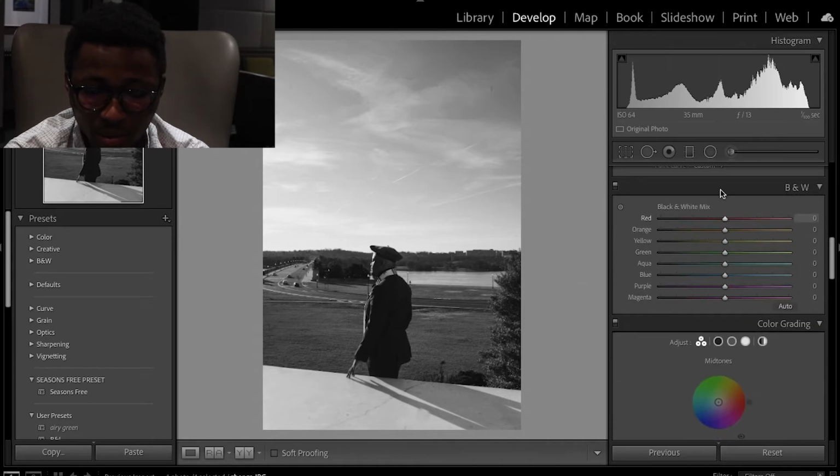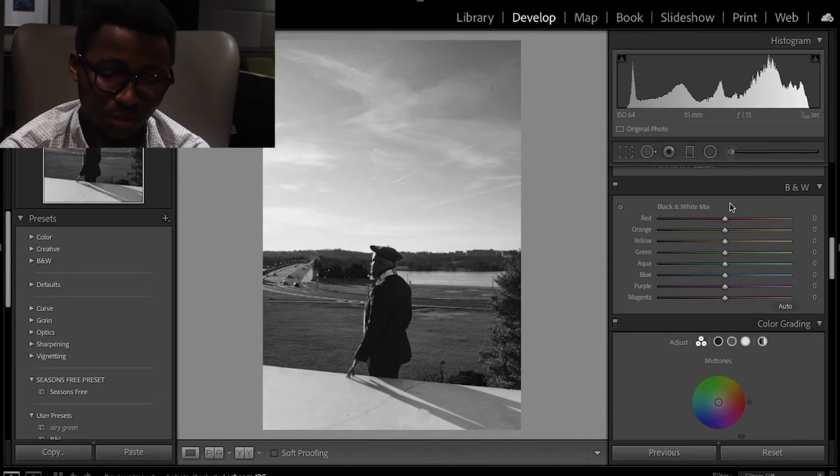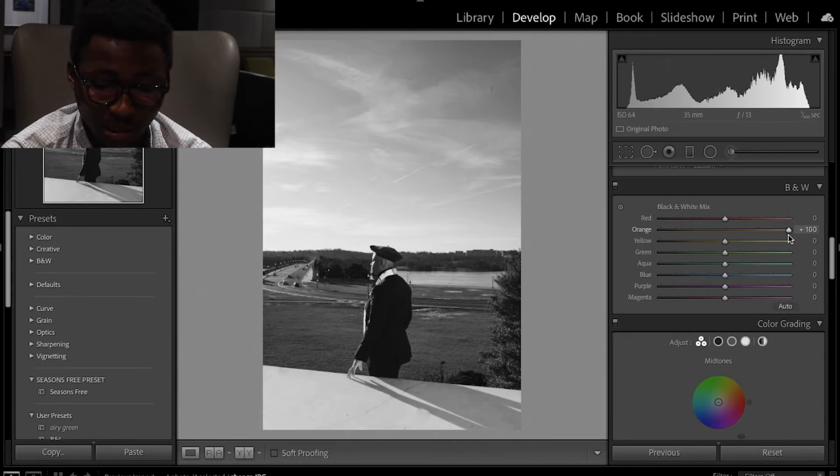Now the color panel here, it just works like the luminance in the regular color panel. So what you're going to see is you're going to actually be controlling the brightness of most of the colors. So for example, if I go to orange and I raise it up, you see that his skin blows up, and if I take it down it darkens. We can't even see him. That's disgusting. But yeah, I'm just going to take the luminance of his skin up a little bit, and basically